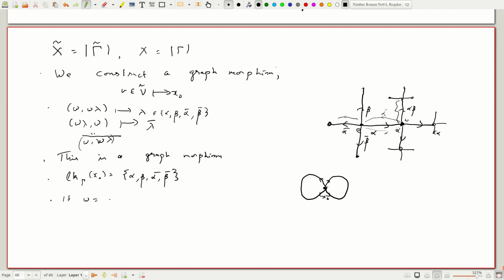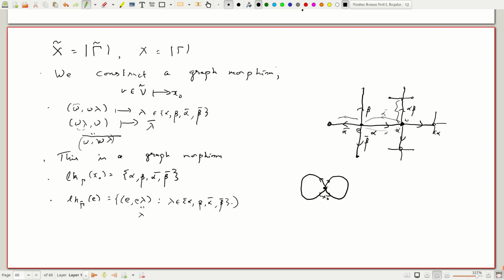If W is, let's say, L1, so first let's dispose of the easy case, or anyway the non-generic case. Suppose I look at the link in gamma tilde of E. Those are going to be things of the form E lambda, where lambda is reduced. E lambda has initial vertex E, and W lambda is never going to be E because it's reduced and has at least one letter. So the only way is E lambda, which is just lambda. So the link of E is E lambda, and lambda belongs to alpha, beta, alpha bar, beta bar.